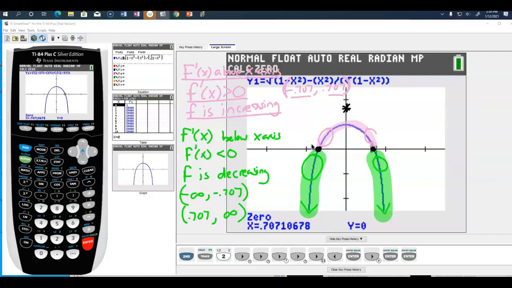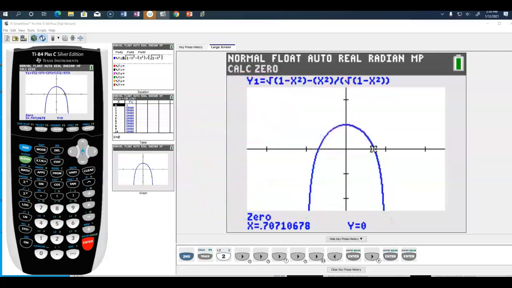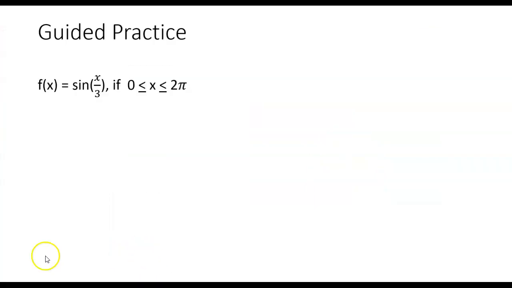So before I set you loose, we're going to go ahead and do a guided practice. So let's do another problem here, and this time we're going to do it kind of together, let you guys take it one piece at a time. So let's go ahead and do a guided practice here. So the first thing I want you guys to do is go ahead and graph the derivative. So pause the video here and give that a try. And when you unpause it, you'll see